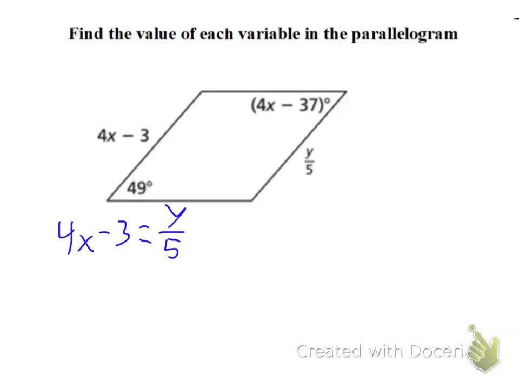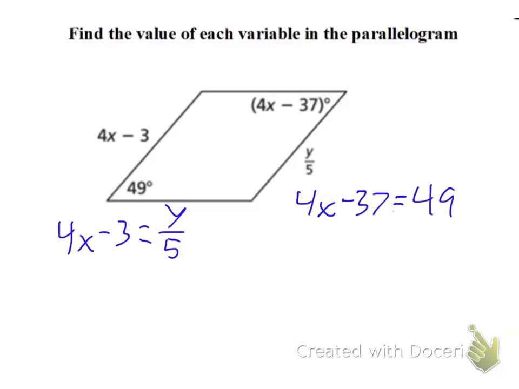Now let's take a look at our angles. Are these opposite angles or are these consecutive angles? These are opposite angles, and opposite angles are congruent. Opposite angles are congruent. Consecutive angles are supplementary. Opposite angles are congruent, so these two equal each other. So we have 4x minus 37 equals